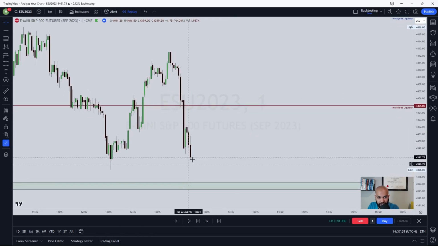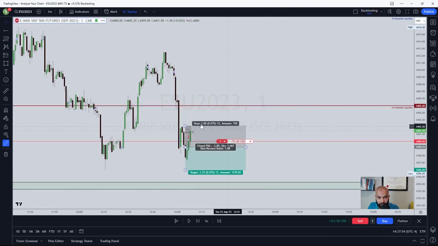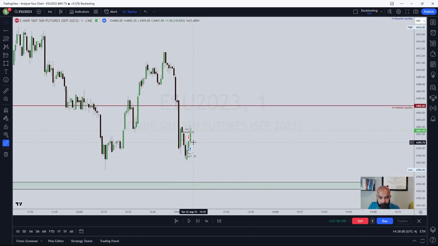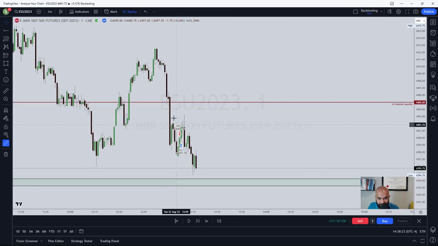It swept underneath here. I think this could be a good short. Put a stop here and then we could target these lows right here. We do get filled and we would actually get stopped out right there. So I was expecting price to really go lower, but right here we would have gotten stopped. Came into this fair value gap. So yeah, basically we get stopped out and then it continues lower and we were almost at this fair value